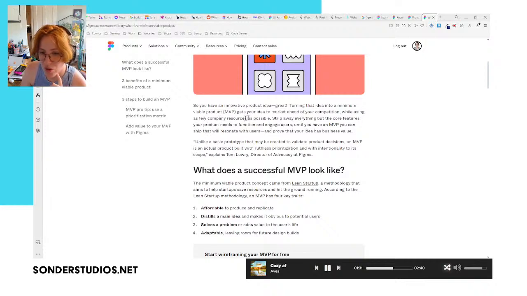Strip away everything but the core features your product needs to function and engage users until you have a minimal viable product you can ship that will resonate with users and prove that the business has value. Unlike a basic prototype that might be created to validate product decisions, an MVP is an actual product with ruthless prioritization and with intentionality to its scope.